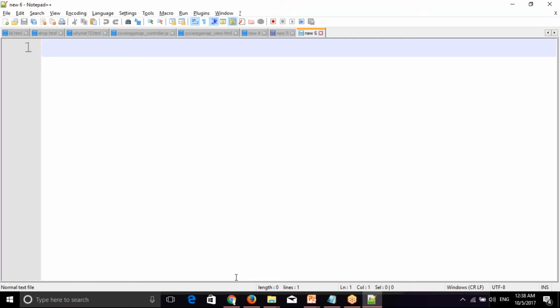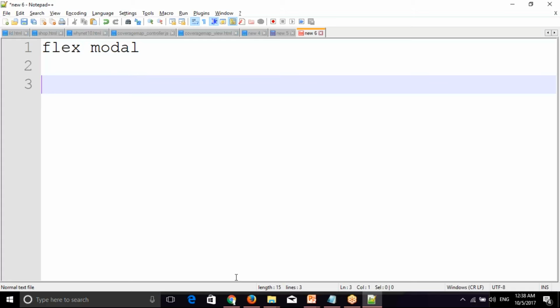So what about the flex model? What will the flex model actually do? For example, assume you have 3 divs. Your screen size is 1000 pixels.